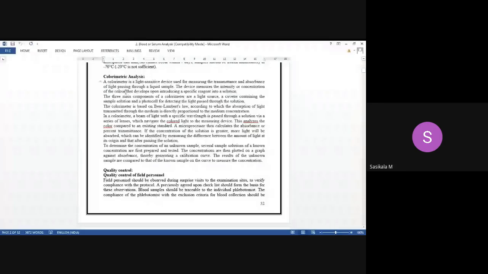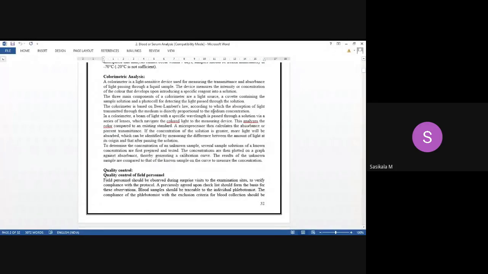Regarding colorimetry and Beer-Lambert's law, you will be studying in third year only. Just you have to know what type of technique it is and how to operate the instrument; that is what you are learning here. Colorimetry follows spectroscopic principle. It is otherwise known as a spectroscopic technique, where you will get the spectrum for your sample along with absorbance.